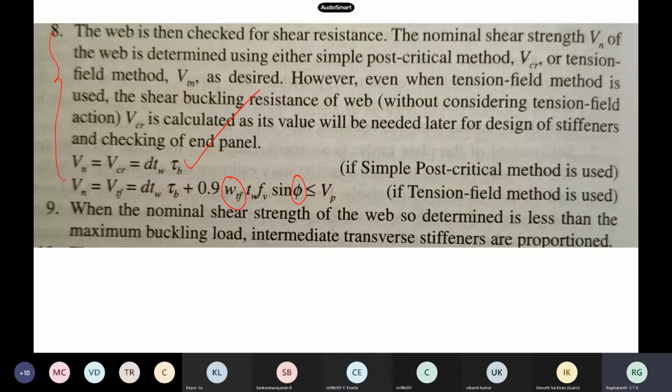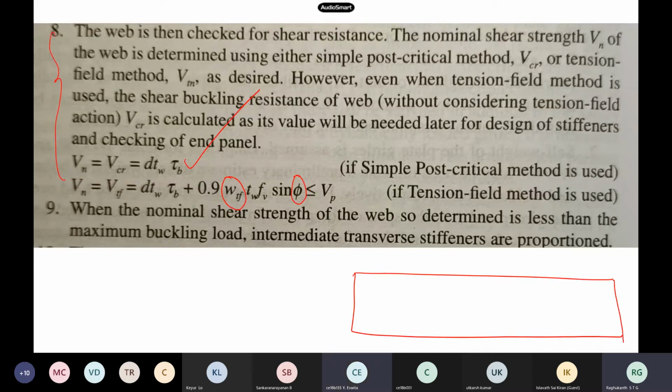If there are no stiffeners, you will not have any tension field, so you cannot go into the tension field range. You are having a plate girder like this, and you can use simple post critical only.